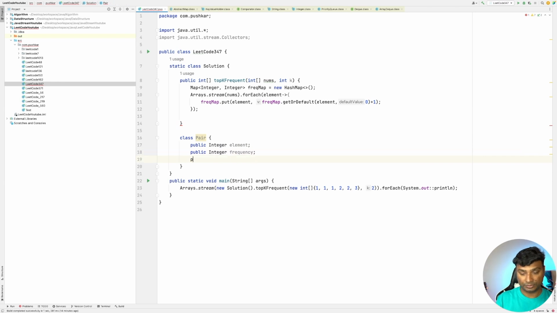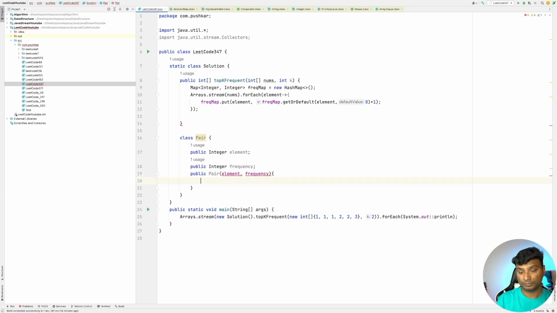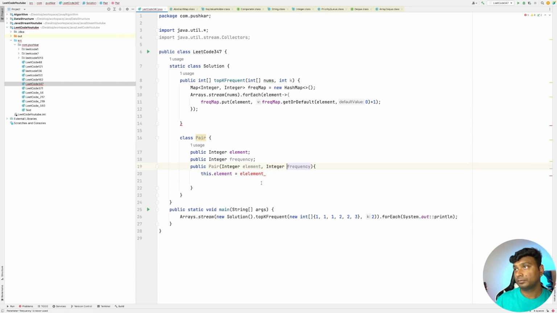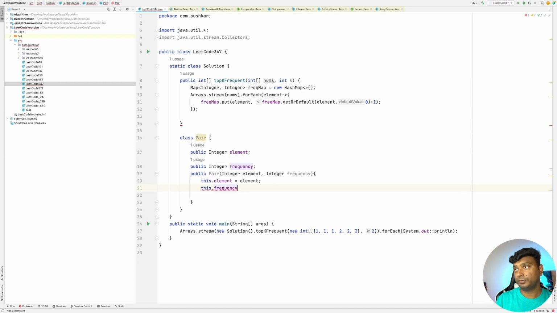Let's also have a constructor, setting this dot frequency.